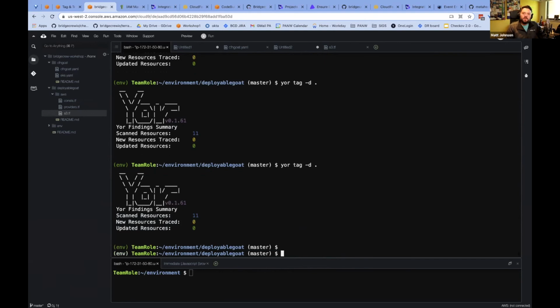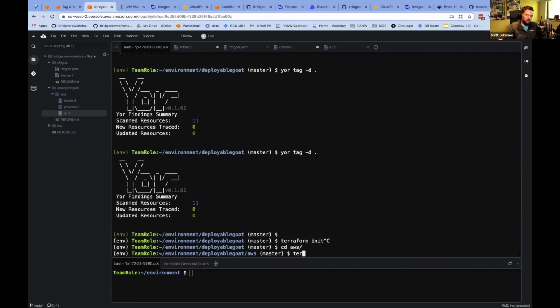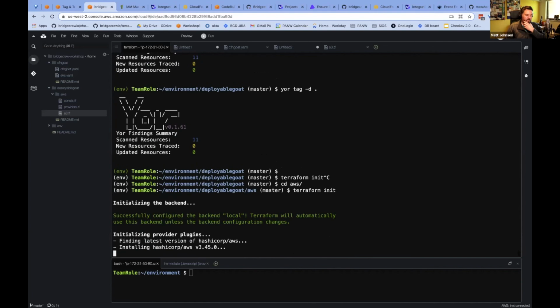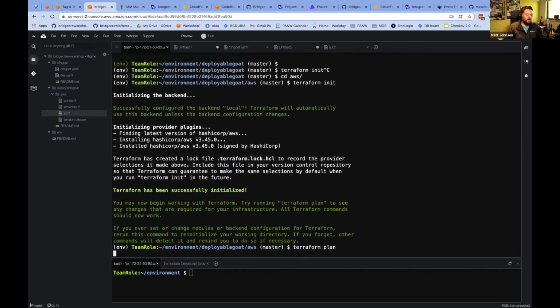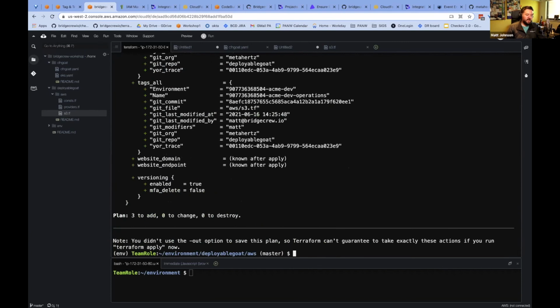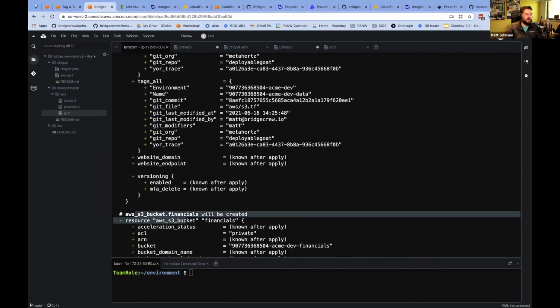So let's put these tagged resources into our AWS environment together so that we can actually see the benefits of having these tagged traces. If I do a Terraform init, and I'll need to be in the AWS subdirectory here, and then do a Terraform plan, because we're in the Cloud9 IDE, Terraform's automatically going to find the AWS credentials, connect to our AWS workshop environment, and it's going to say, yeah, we're going to create these 3 S3